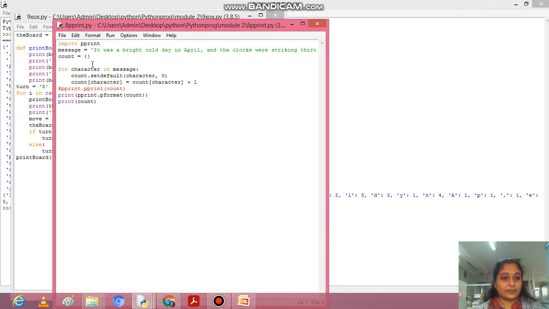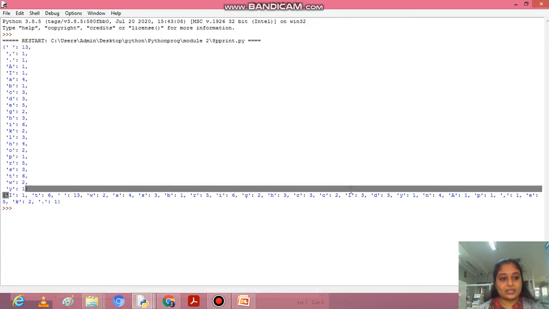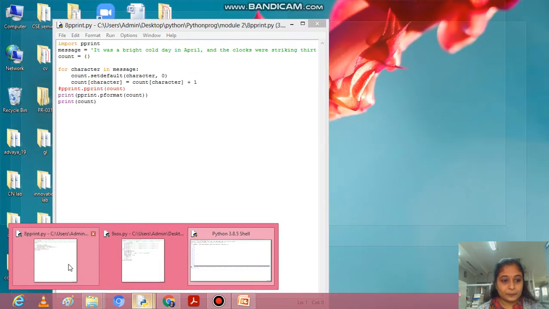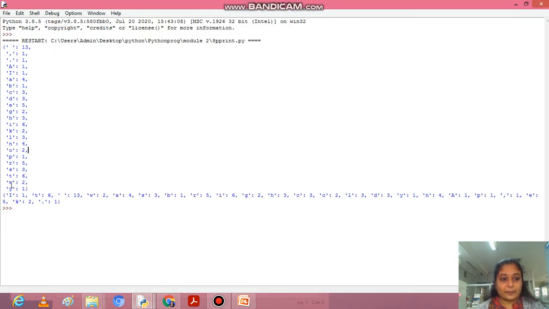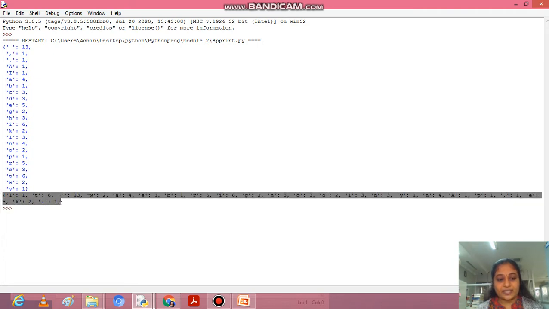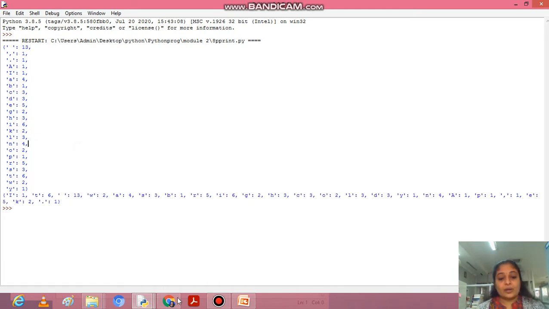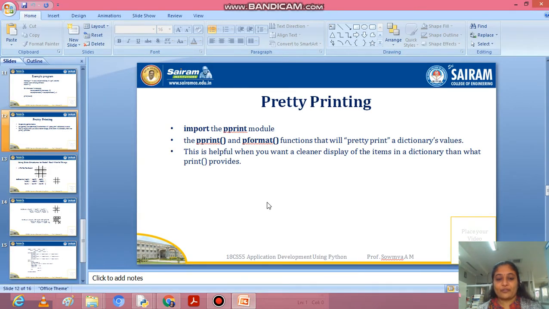and the statement without the pprint module can do this. See here, for the print, if we have used pprint, this works, and if it is only a print statement, then the print statement with pprint.pformat can print the values in this order. If the print is just a print, count will be printed like a regular print statement one after the other. So this is pprint with pformat: the pprint module is imported, and with the pformat function this printing is happening. With the help of pprint or pformat we can make the output look better.